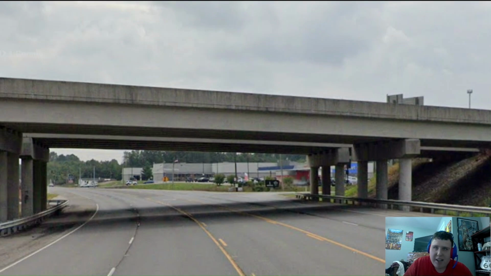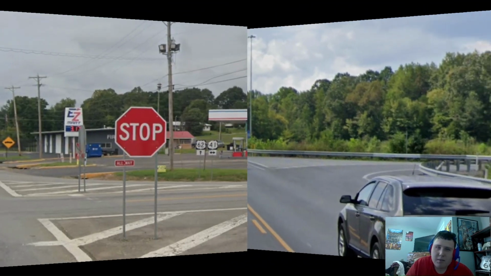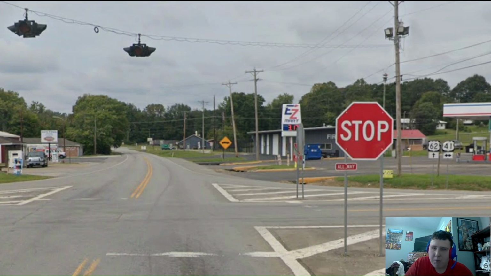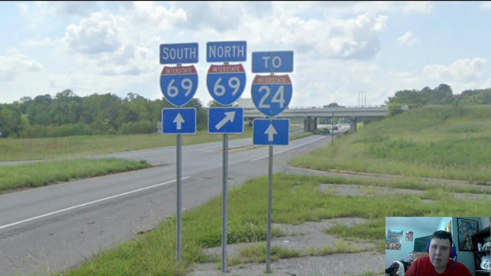And sadly we get no access to the Western Kentucky Parkway. But we do get access to future Interstate 169, and we get no control cities for future Interstate 169 or the Pennyrile Parkway. Here I'm meeting US Highway 41 once again at this four-way stop in the middle of nowhere. And we get our first mileage sign in a while, and Paducah is on the bottom line at 76 miles away, which is absolutely correct. Here I'm meeting Interstate 69 for the first time, and this is not the last time